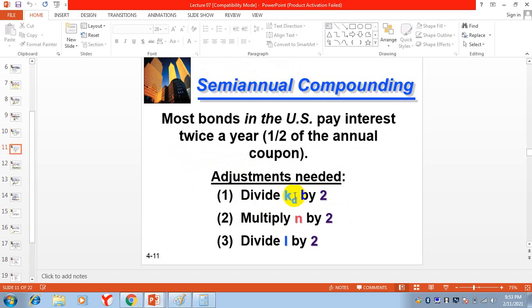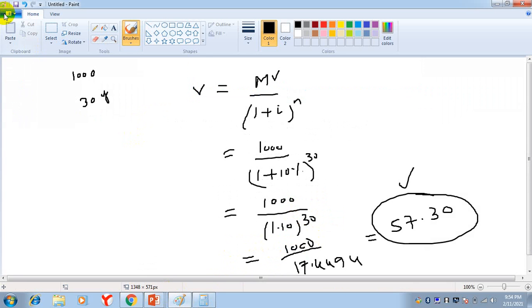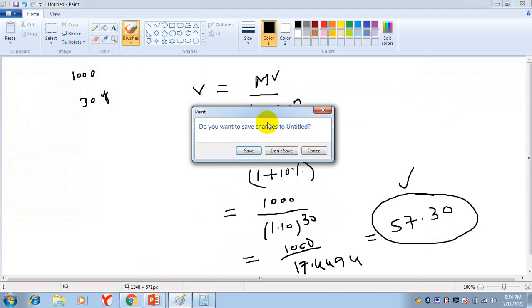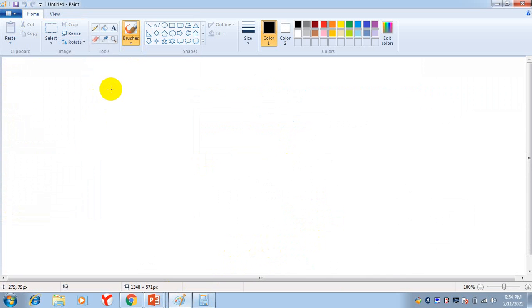In these adjustments, divide KD by 2, the discount rate, divide the discount rate by 2, multiply n, the number of years, by 2, and divide I by 2. When I write the formula, this will be much clearer to you. Value of bond is equal to interest multiplied by one minus 1 divided by 1 plus I